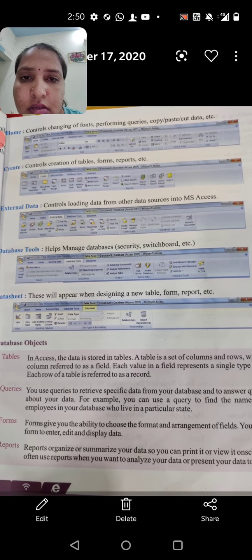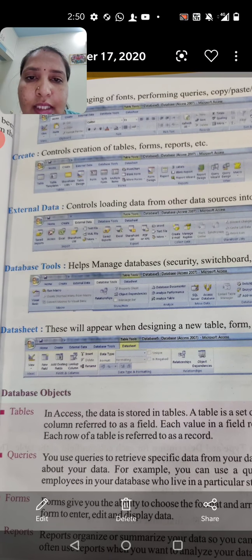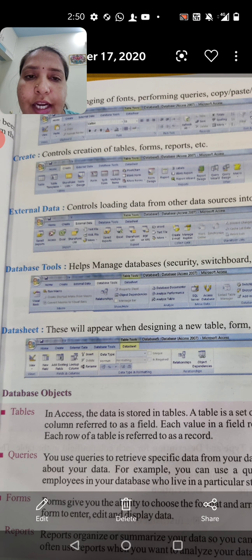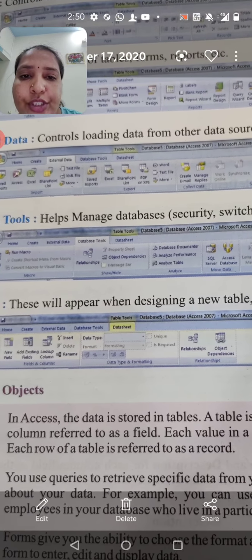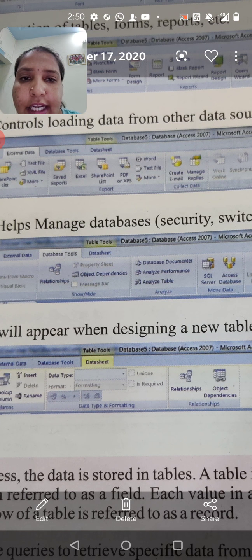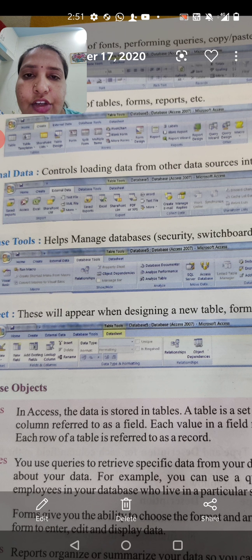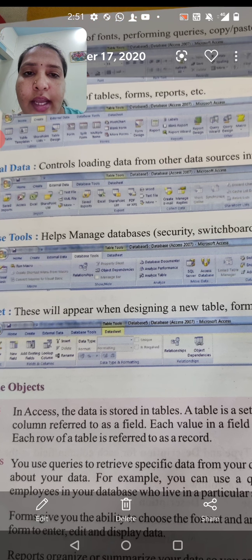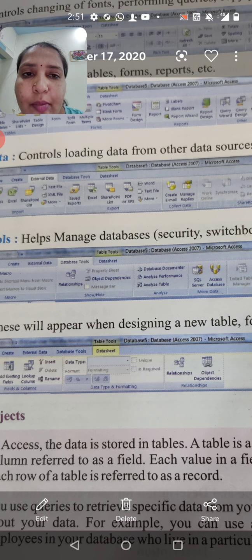Next one will be the create. Create controls the creation of tables, forms and reports, etc. These are all the options that we can see in the create. You can go through the book and see it clearly, because on mobile you can't see it properly.